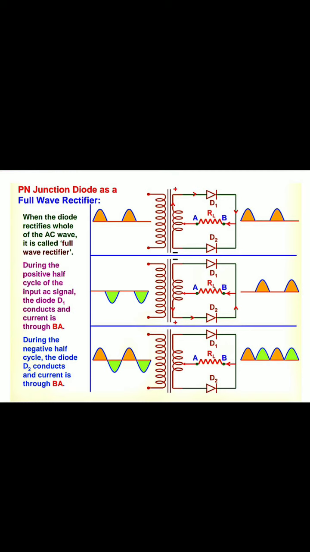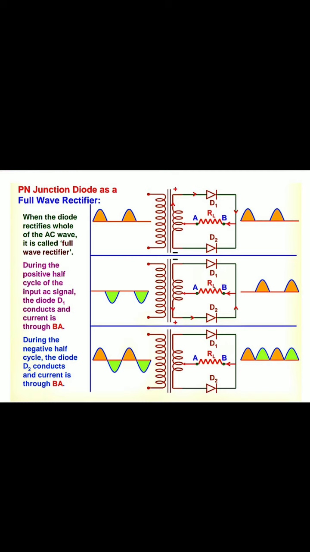So this center tap, that means point A, acts as a low potential, and we know that the current will flow from high to low potential. That's why the current will flow through D1 to B to A, this way, through the upper half only. Okay, that is for the positive half of the input. When the upper half is positive, we get the current, and the direction is shown. You see that D1 does not allow in the other case.